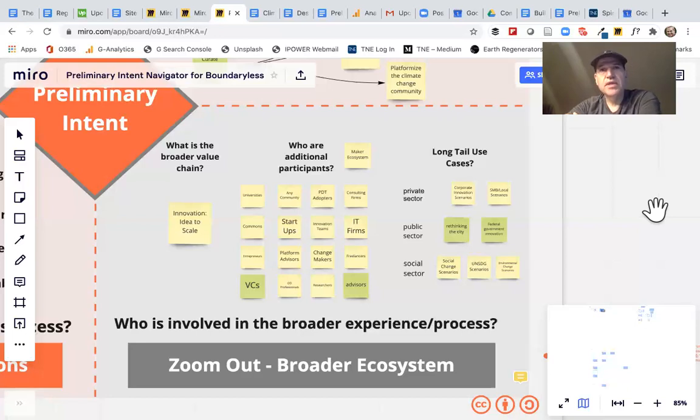Many times in the organizations we work with, they think of an ecosystem from an I mindset, meaning how can I utilize an ecosystem to achieve what I want to achieve.